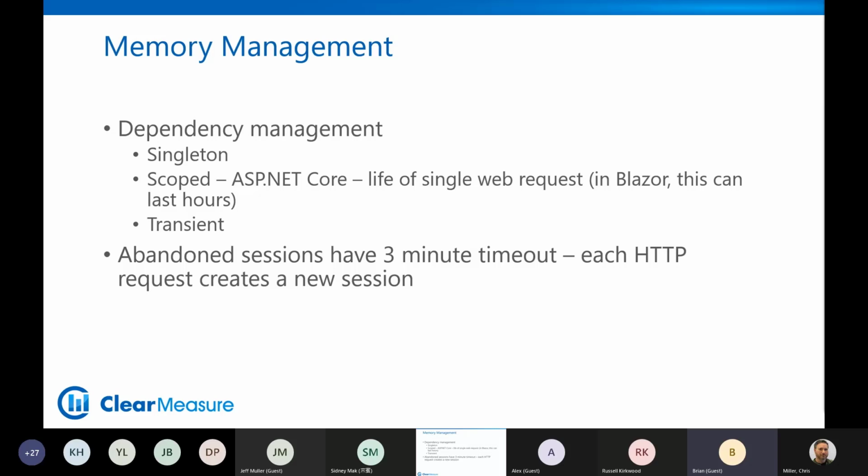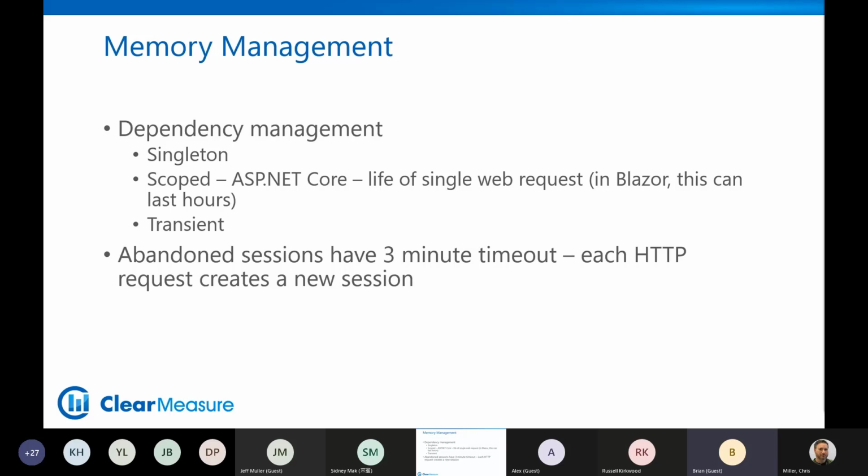So for all the calls that happen in that particular browser, I'm going to get the same instance of the object. For all the calls that happen in other browsers, they get different objects, okay? So for scoped, it's not the life of the web request. Well, it is, but because it's Blazor WebAssembly, it is the particular Blazor assembly user. And for singleton, well, in Blazor, it is for the life of the process, but in WebAssembly, the life of the process is actually the same as the scope of the web request, which is the user session.